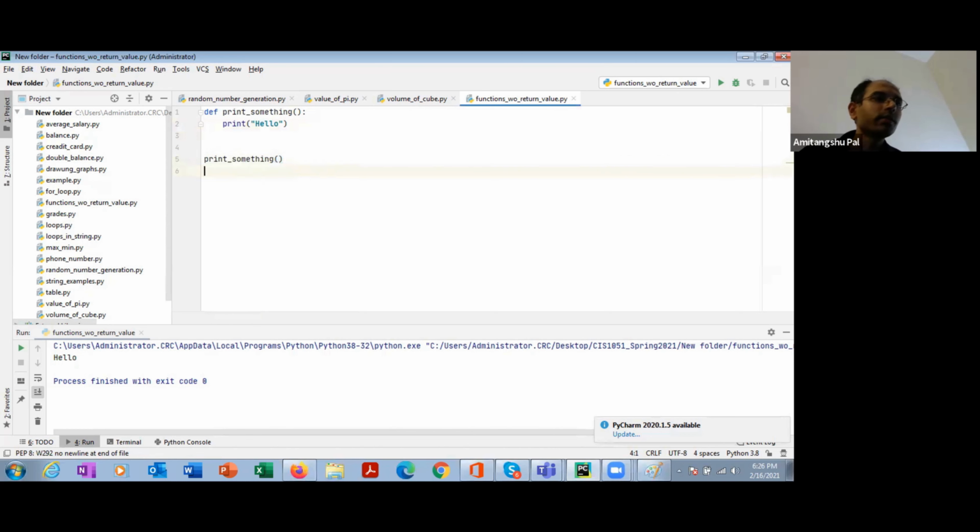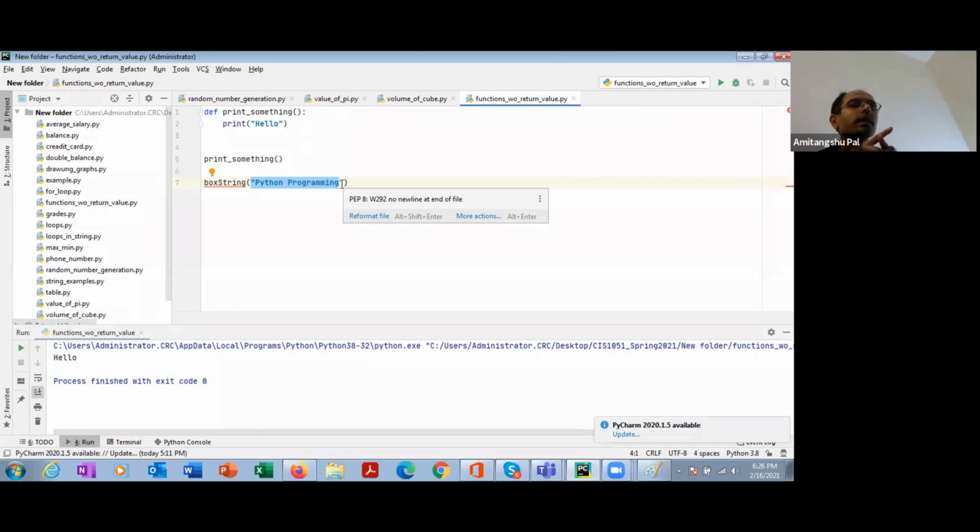Now let's write a function called box string. Let's see what this function does. It's a very interesting function. Box string means suppose you are passing a string, say Python. It is going to take this string and print a box around this string.